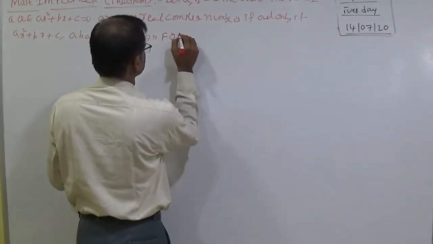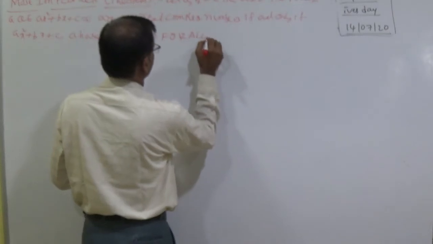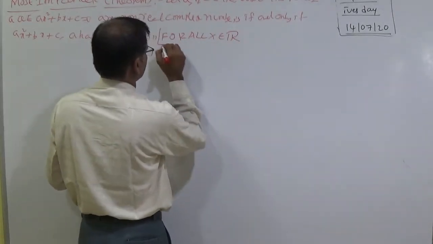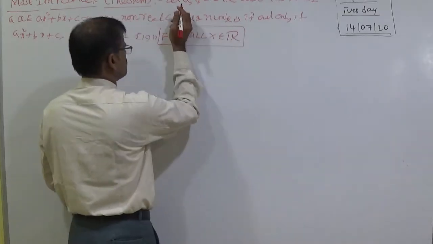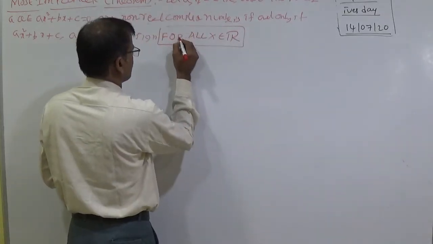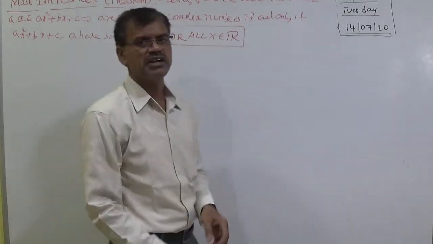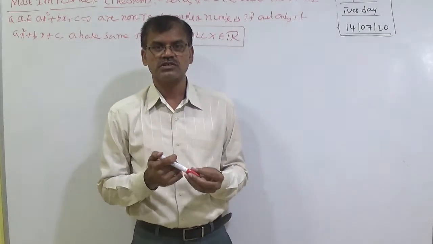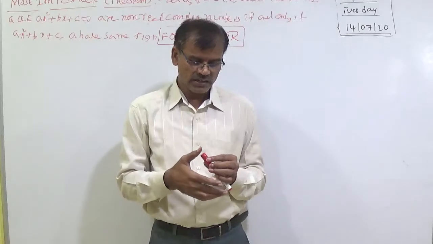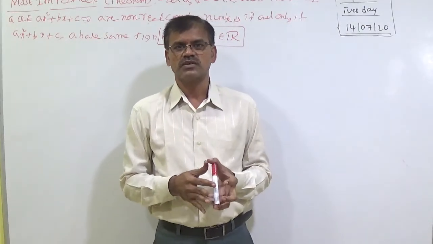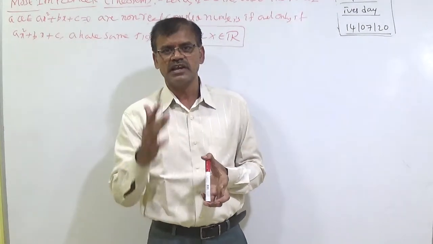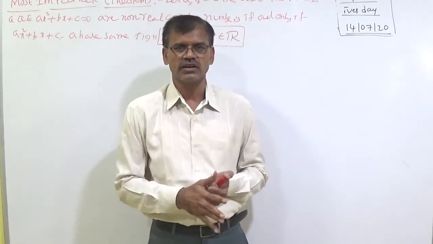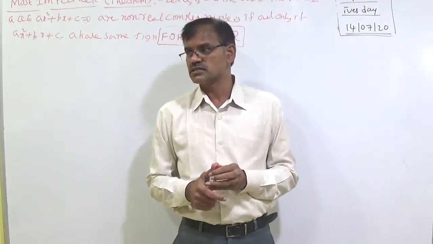This is the most important concept, for all x belongs to R, for every real number. I discussed this with you in 1B geometry and in 1B objective, plenty of times in video classes and in WhatsApp also. This is the most important theorem. While discussing those theorems and sums, I said plenty of times that you will learn it in quadratic expressions, and that I will say the proof later.